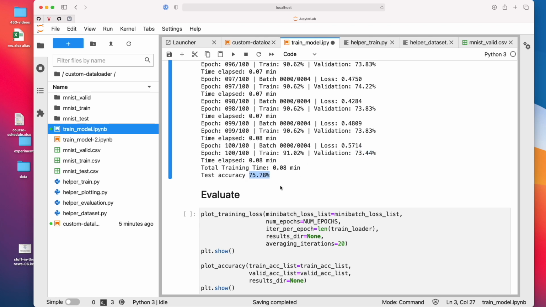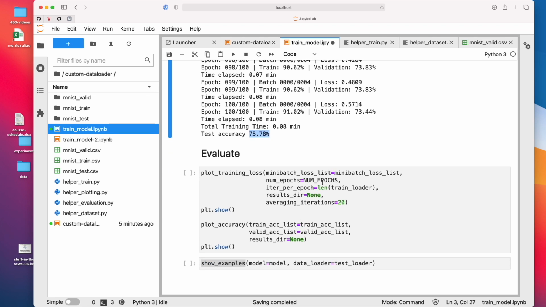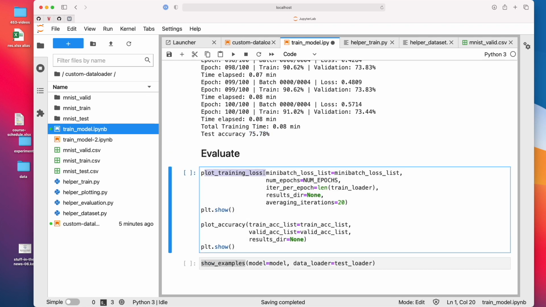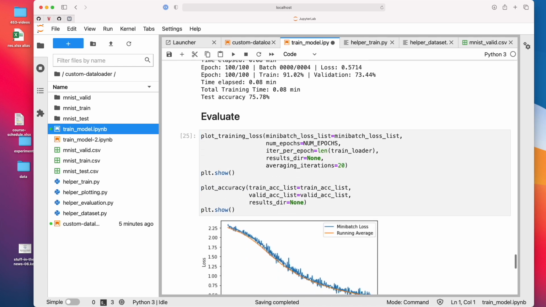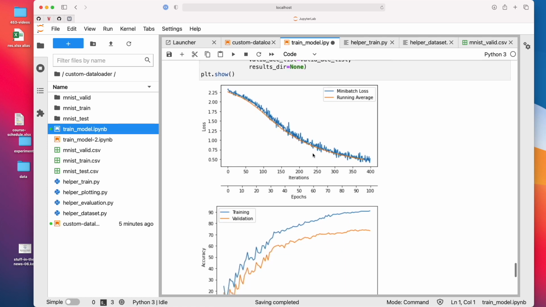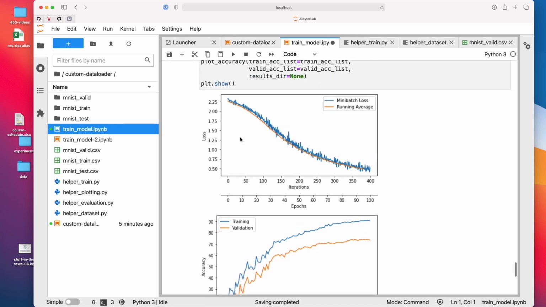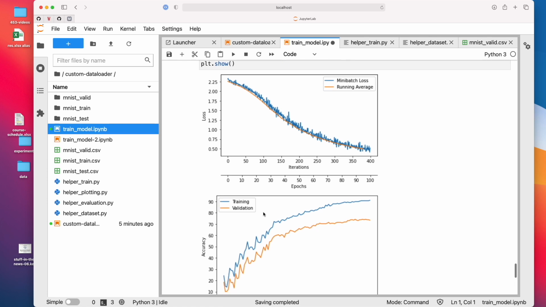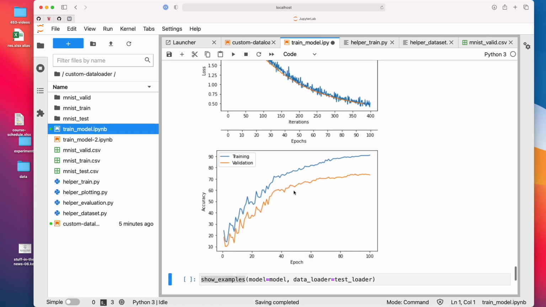The difference here, why is there a difference? It's usually just a small random effect, right? Because it's a small data set, 256. And then I also have functions for plotting the training loss and the accuracy. It's also helpful. So I have the version with a running average. And you can see the loss goes down. We trained for 100 epochs. And here the accuracy goes up, but then at some point, there's more and more overfitting.